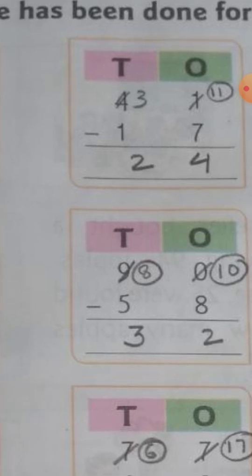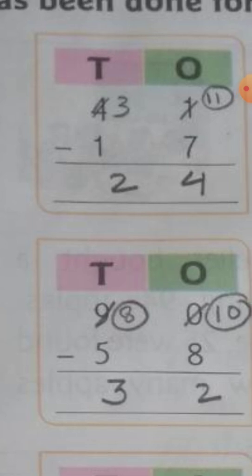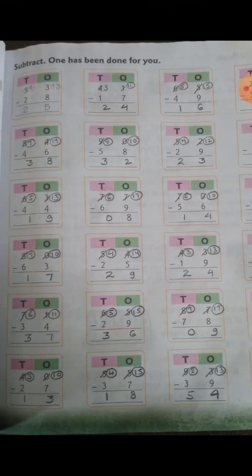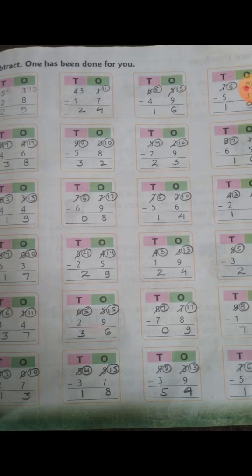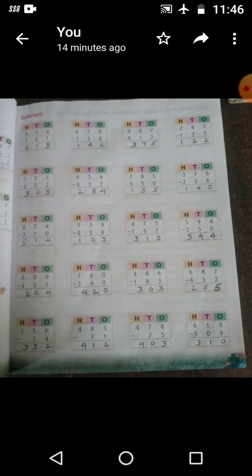And here, as we have given 1 ten to 1, we are here with only 3 tens. So, we have to subtract 1 from 3. So, our answer is 24. Okay students, you have to do all the questions in the same way. Now, turn the page, page number 83. In this page, we have 3-digit number subtraction without borrowing.